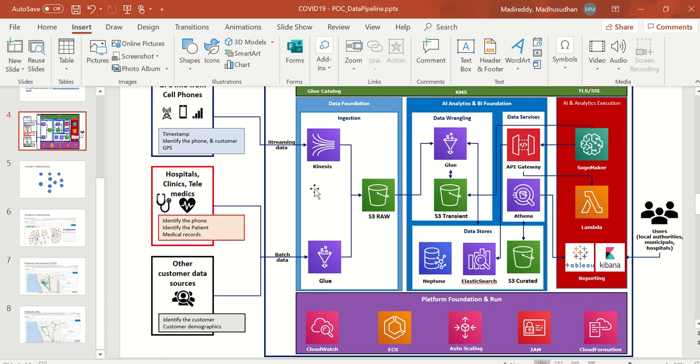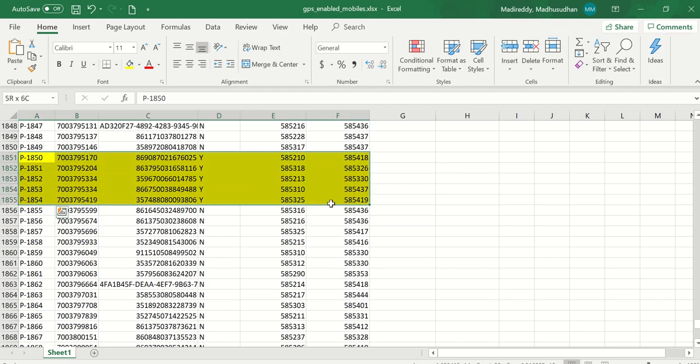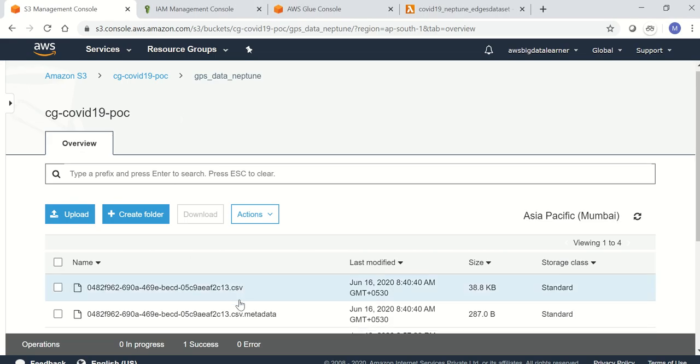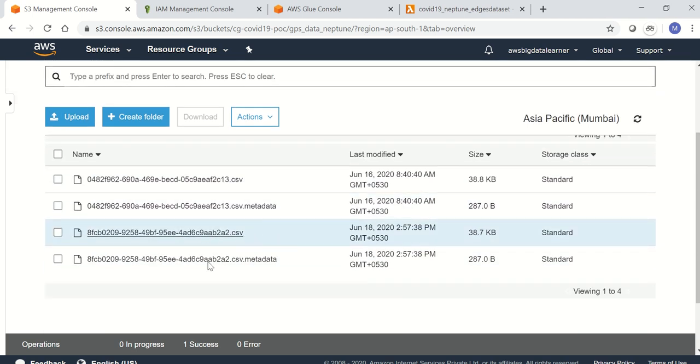Are they close to each other at the same time and same location, right? So now we will bulk load the data which we just have generated for these 5 patients. The file which is the Neptune file which we are going to load. This is the file.